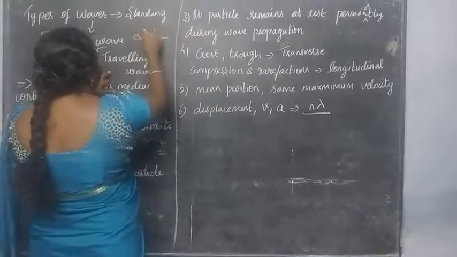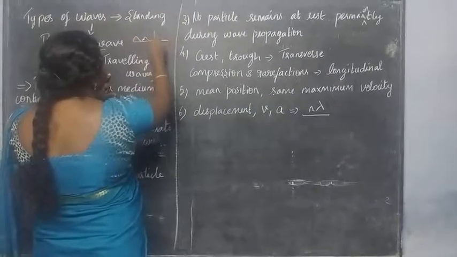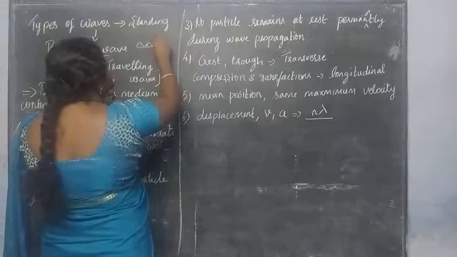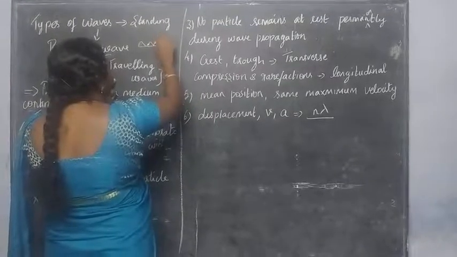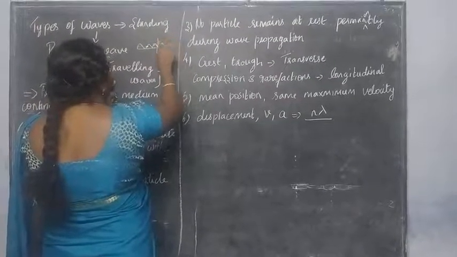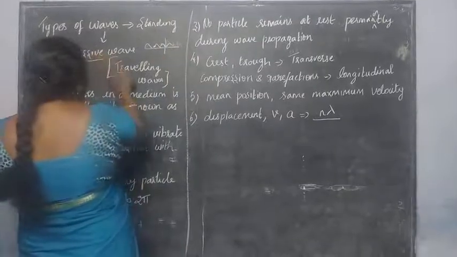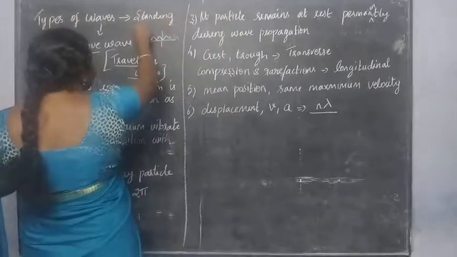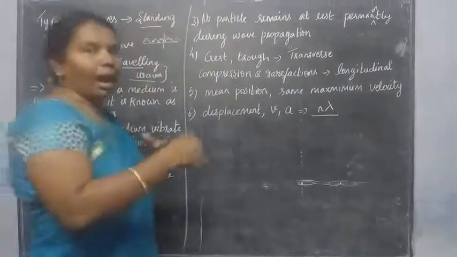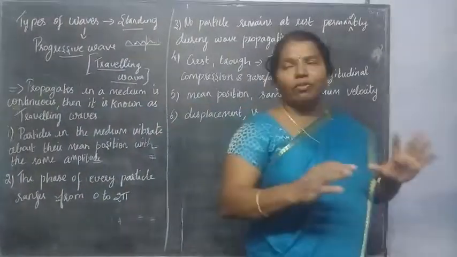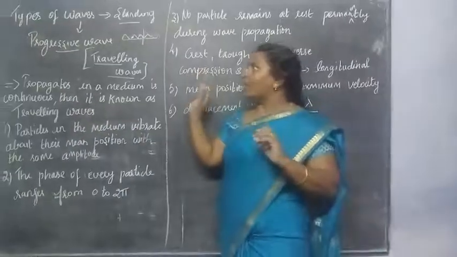See, if you take a dot in a position, you can easily realize that when it is moving, the dots can be moving up and down. So the progressive wave is also called the traveling wave. The standing wave does not travel to another part. Okay, that is the difference between the standing wave and the progressive wave.